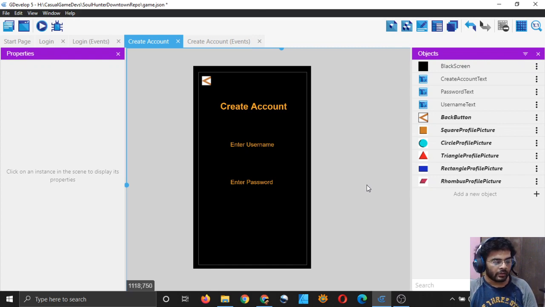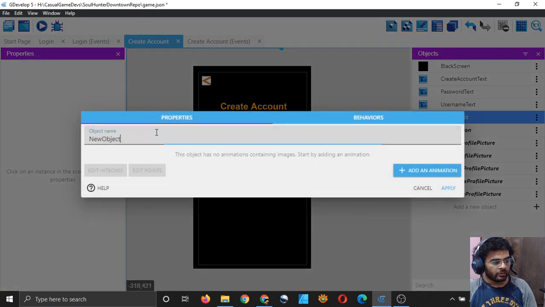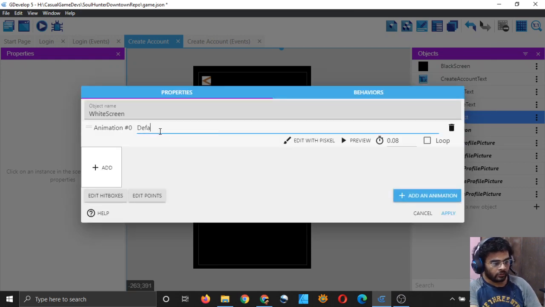So let me now add some objects which we need. We need two white screens. I will simply write white screen, add and default, and edit with Pascal.